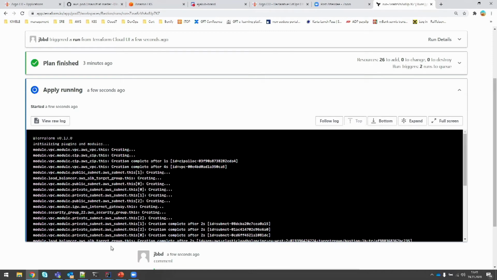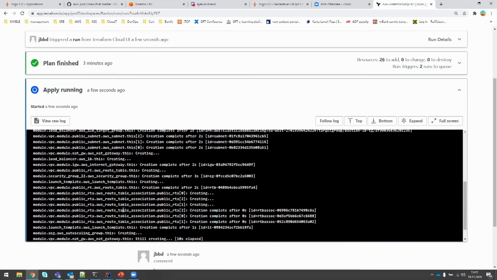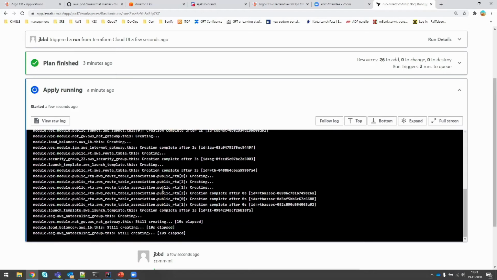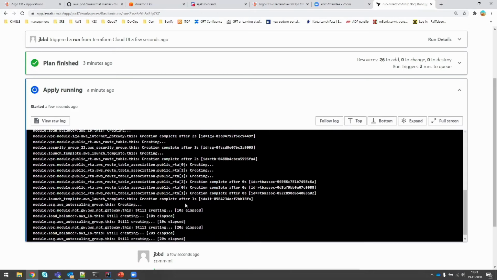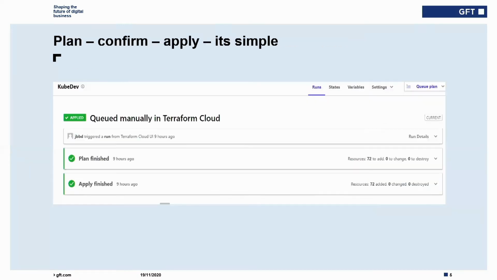If you know how Terraform works, and you know how to apply environments, having this shared within a team, where everyone can see the logs, everyone can see what was wrong, everyone can troubleshoot the problems if you're testing something, it gives you that on the fly. Let's have a go. I'll get back to the workspaces later in a sec once the Bastion applies. So yeah, plan, confirm, apply.